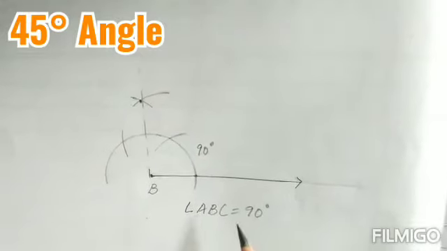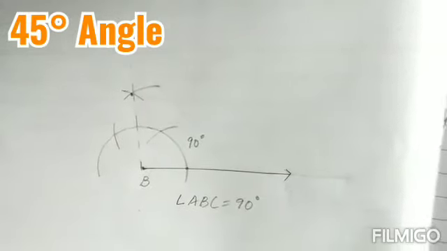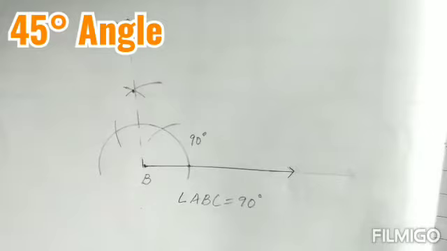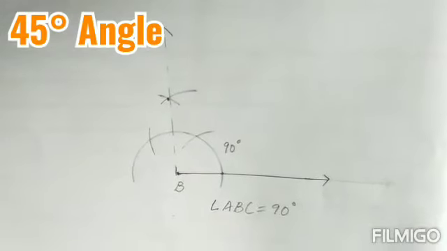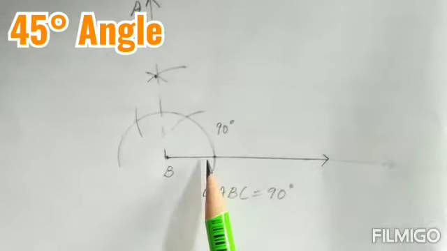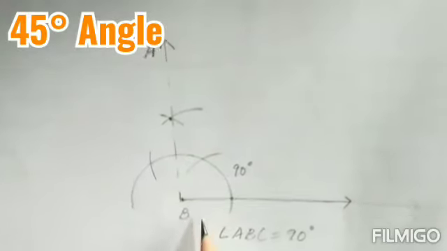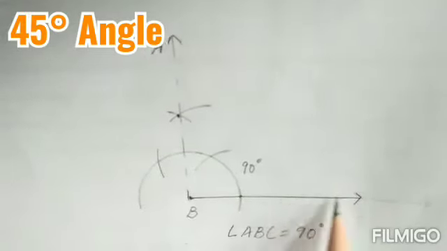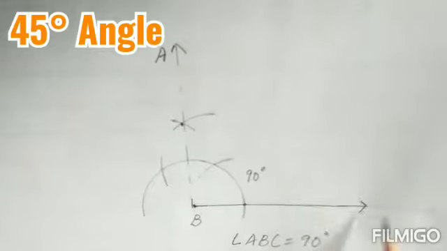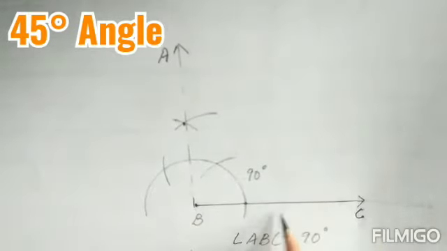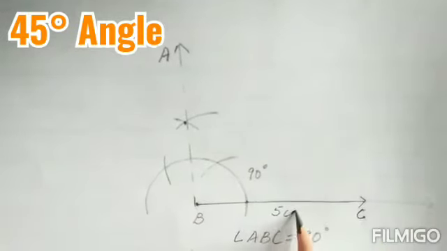Okay, children, let's start with the next angle, that is a 45 degree angle. Now how are you going to make a 45 degree angle? A 45 degree angle is made by bisecting a 90 degree angle. For that, let's revise. You are going to make a baseline, children, with the help of your scale as I have drawn and give it a name as BC. This is a 5 centimeter line.